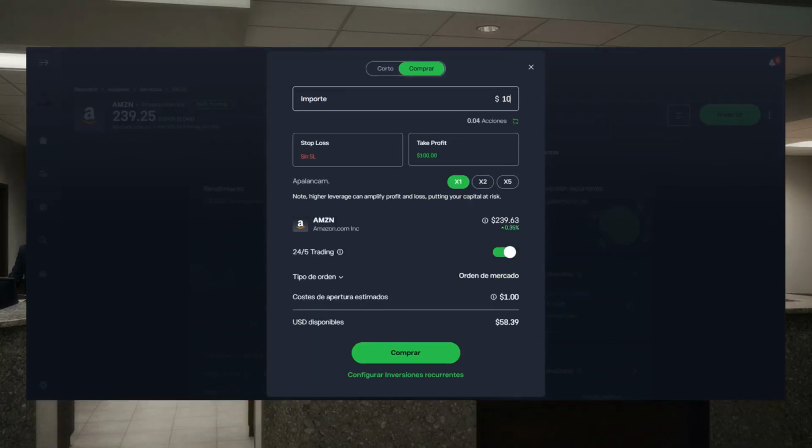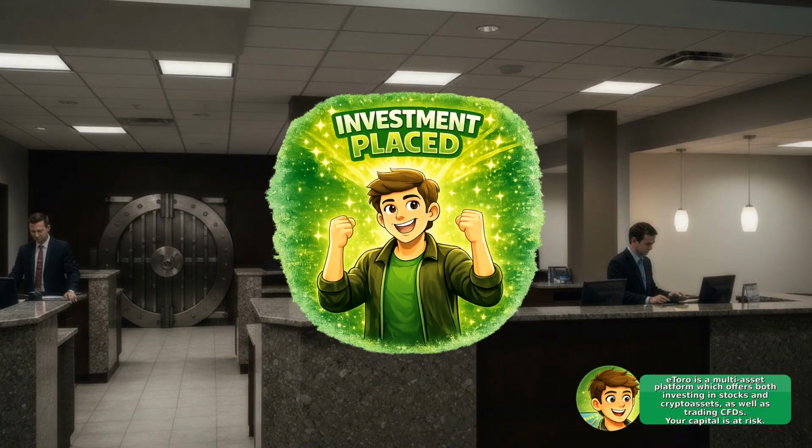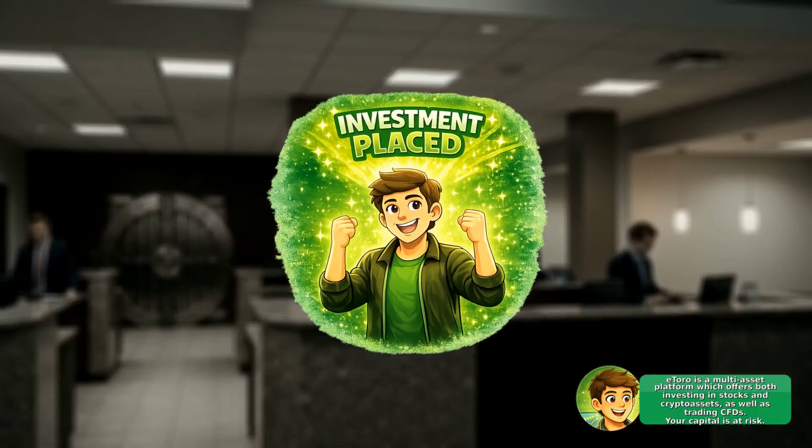Tap the Buy or Trade button, enter the amount you want to invest, then carefully review order details such as order type and estimated fees before confirming. If the market is closed, your order may be queued as a market or limit order, and if you lack funds, the platform will prompt you to add money before completing the purchase. Once the trade executes, your USBC position will appear in your